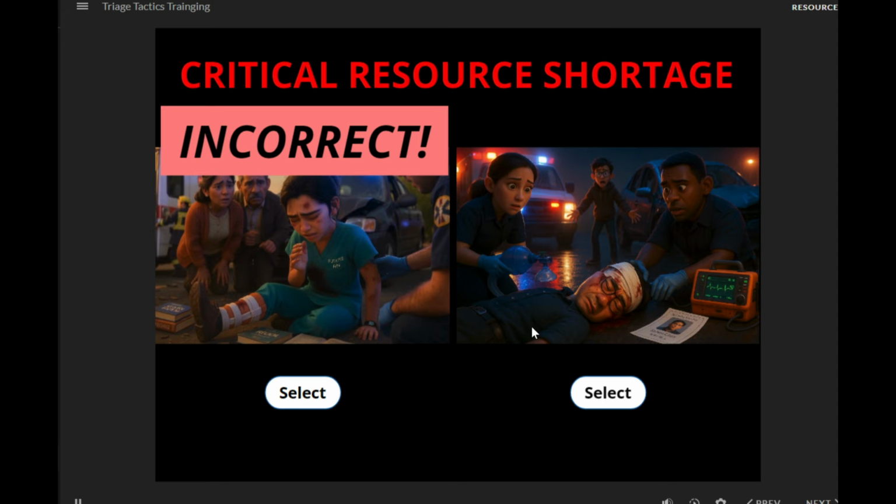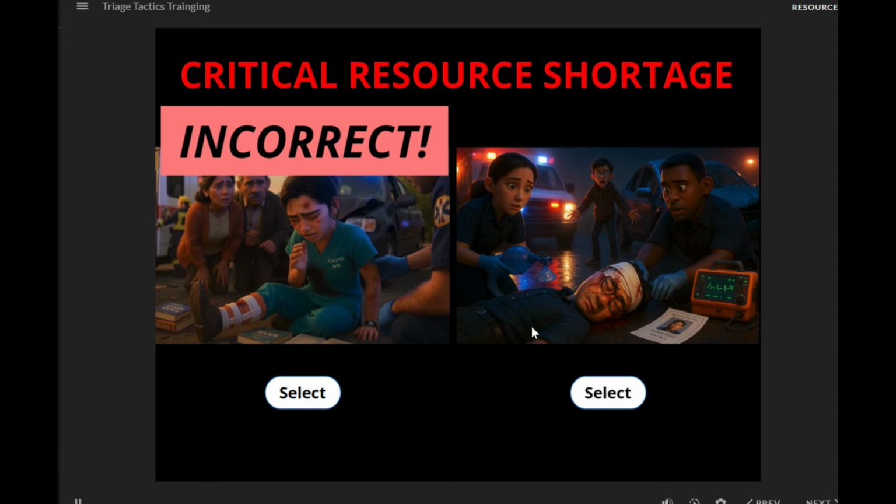Now look at Robert. He's completely unresponsive with a respiratory rate of only 8 breaths per minute. Robert cannot protect his own airway and is not breathing adequately to sustain life. Without immediate BVM ventilations, Robert will progress to complete respiratory arrest within 2 to 3 minutes, followed rapidly by cardiac arrest. Maria, while critical, has a slightly longer window, approximately 5 to 8 minutes before cardiovascular collapse.